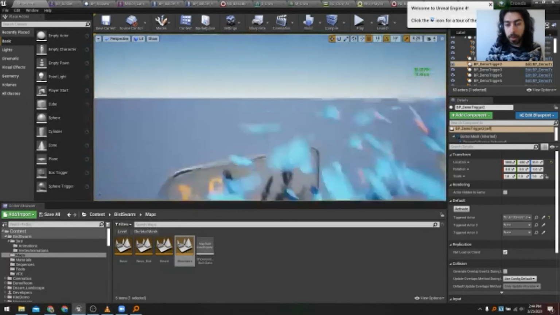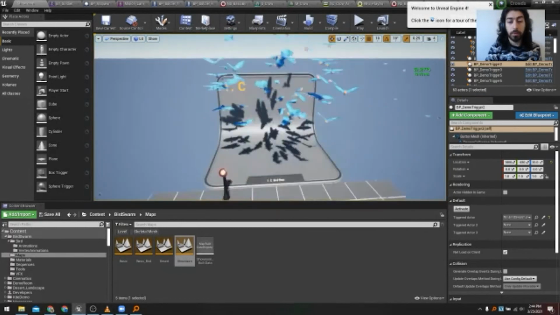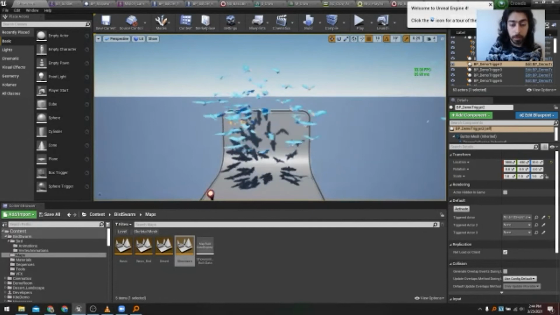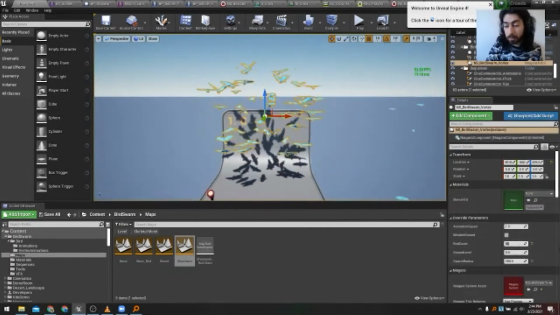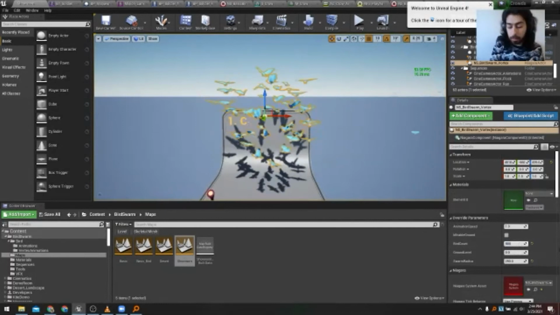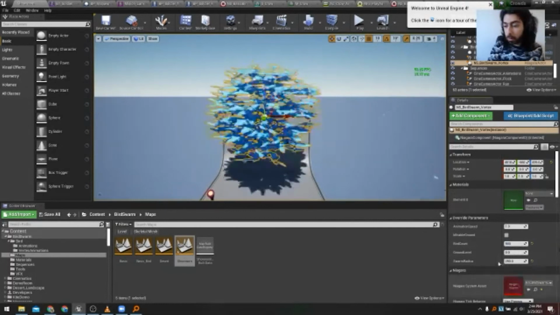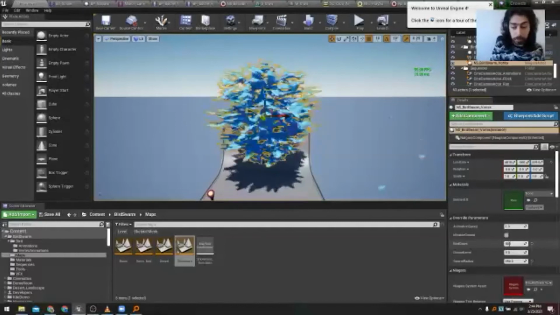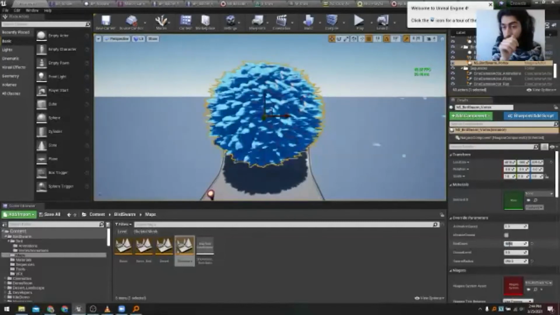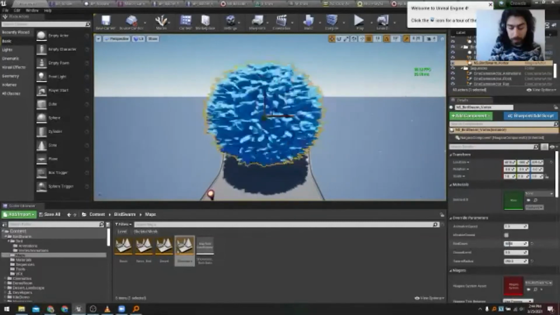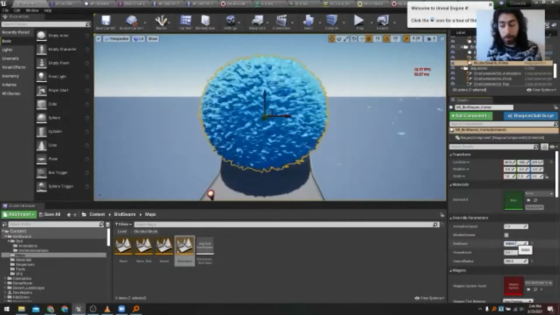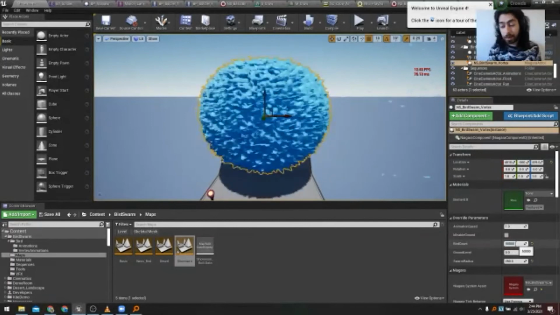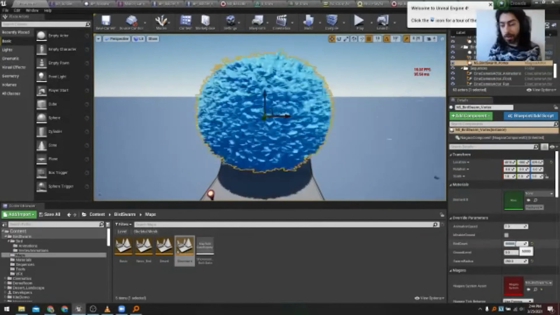Another example here, if you want to easily place some birds in your level, you can have a flock of birds. You can have parameters where you can easily tweak. So let's say instead of 50 birds, we want 500. We can even go for 5,000. And we still don't have any performance issues. But if we go for like 50,000, then now we have a frame drop because we had a different bottleneck that I'm going to cover later, even in this presentation, how we can reduce that one.